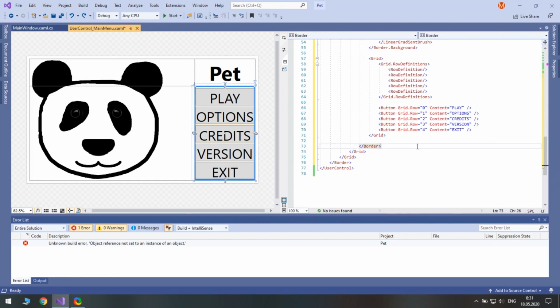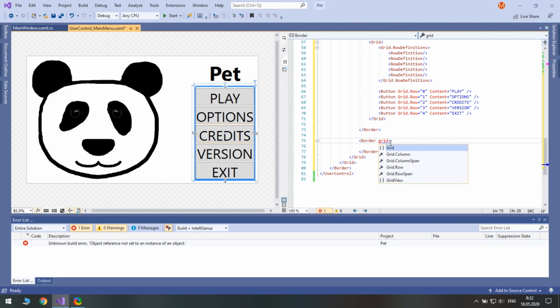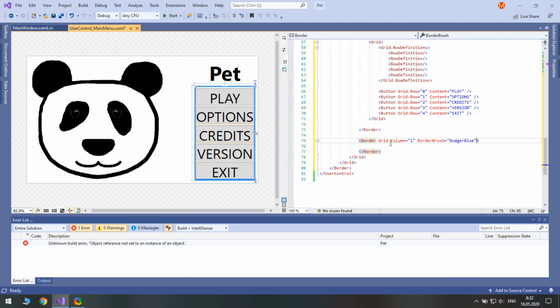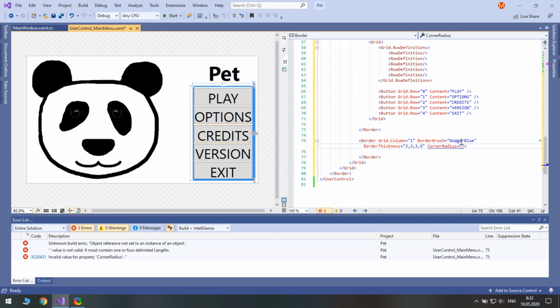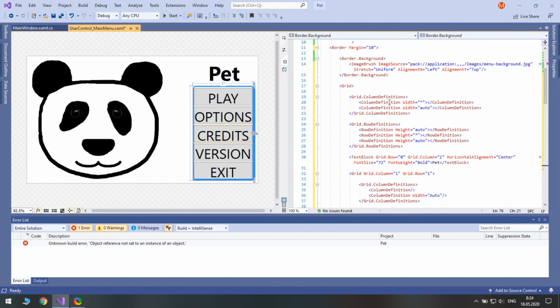Now let's make the other border. We need to add some space between borders. We will do it via grid resources.